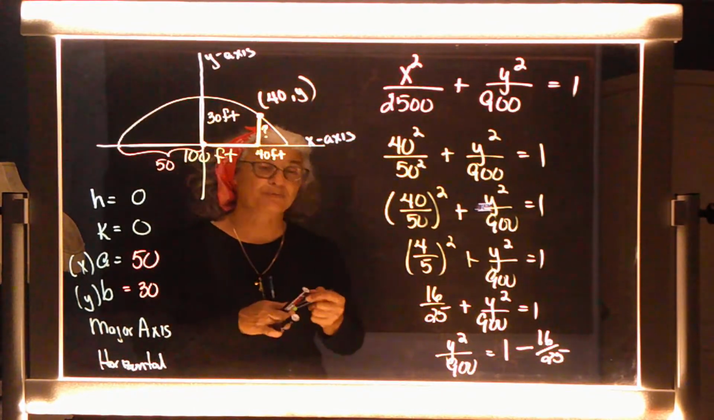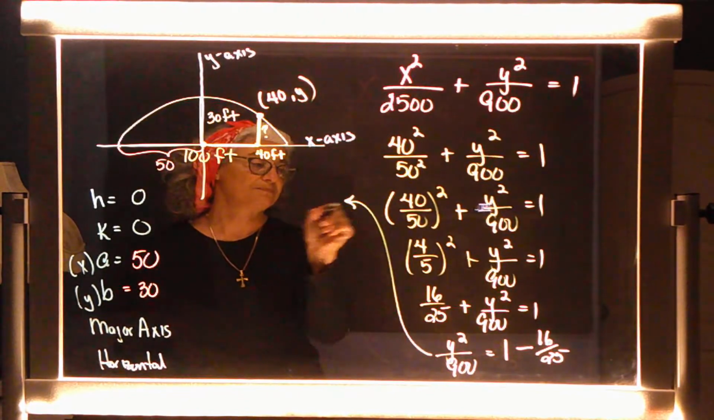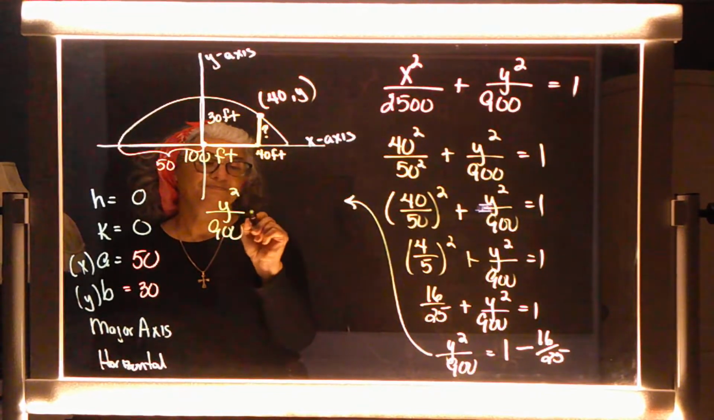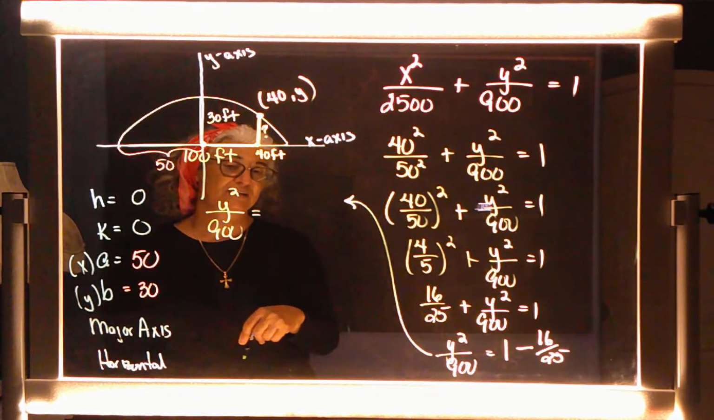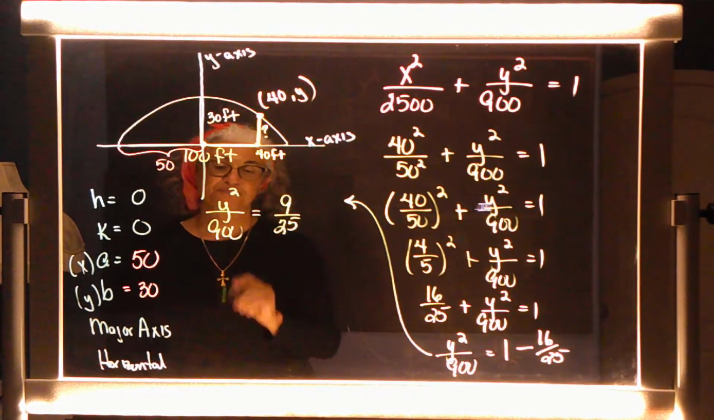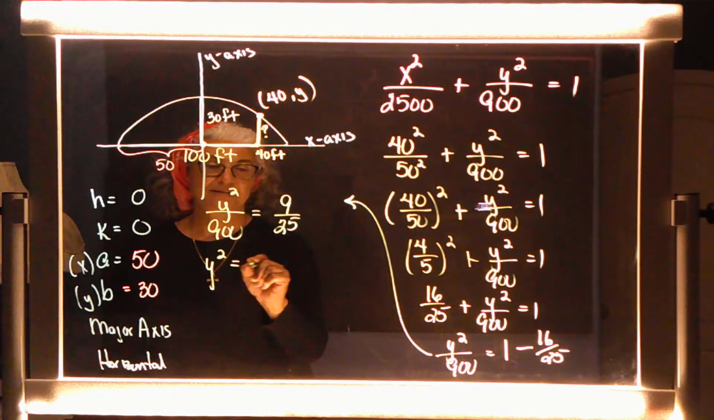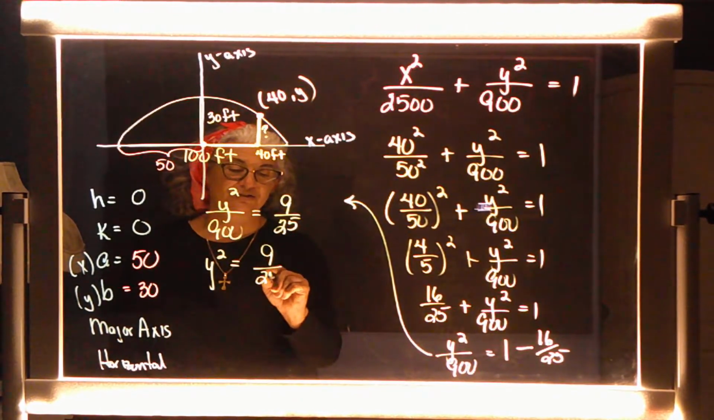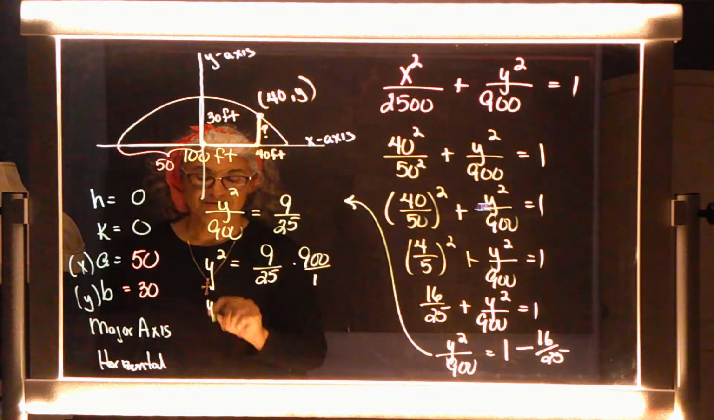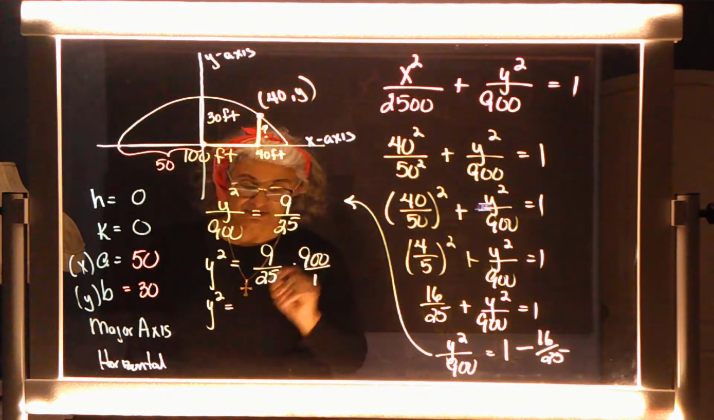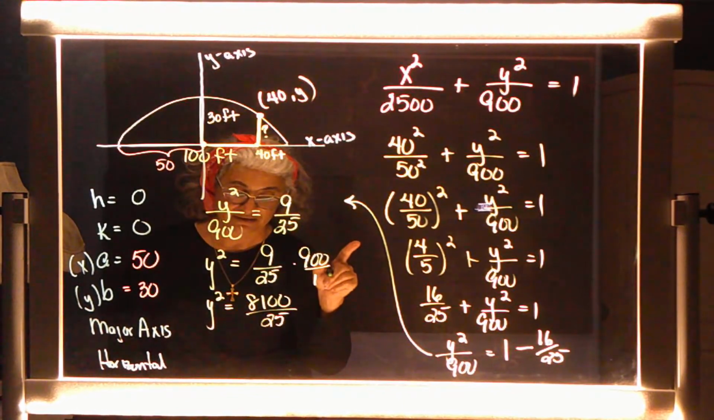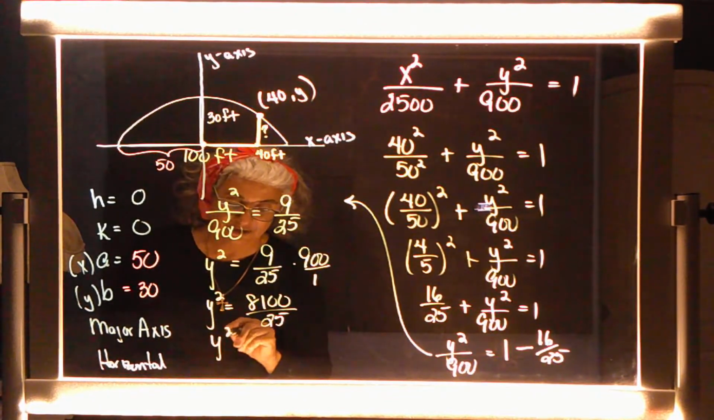So, I'm going to bring my work over here. Help me out. 1 minus 16 over 25. Good. 9 over 25. Right? Get the y squared by itself. 9 over 25 times 900 over 1. Y squared equals 8,100 over 25. Y squared equals,